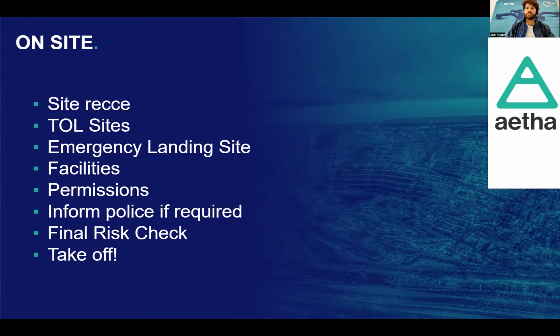That would be the final check: have you got all the relevant permissions for the land that you're operating on, for the building you're scanning? Have calls been made to the landowner, just informing them that you're going to start your operation? Inform police if required. So ourselves, we do like to call 101. That's the UK non-emergency number. Anyone outside the UK, I'm not too sure whether you have a non-emergency police number,